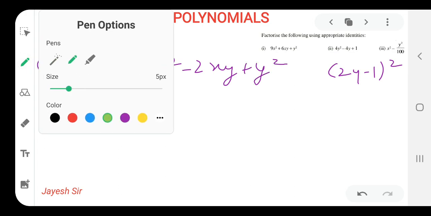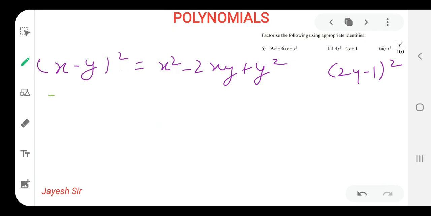Now what we are supposed to do, we have to just put the value of x and y. That means our question, 2y minus 1 the whole square. Try to relate it with our question, friends. Now the value of x we have got is 2y and the value of y is minus 1? We have to keep in mind whether the value of y is minus 1 or not. No, it is plus 1, because this minus is of the formula only. So the value of y is plus 1. That's the only mistake that students make, and they say that their answer is incorrect. So each and everything you have to keep in your mind while solving the sum, friends.